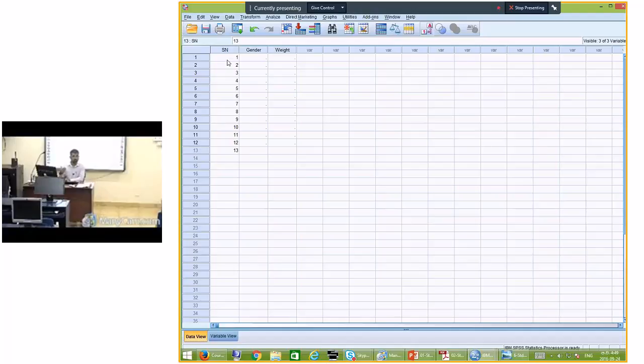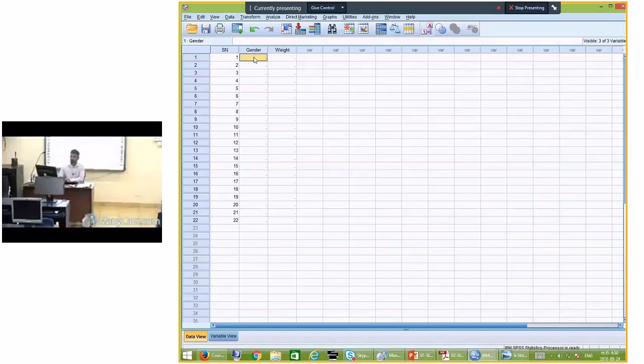Then altogether we have 13 plus 9, which means 22, right? This arrangement is very much important. You should have a clear idea to arrange this data set. 21, 22,